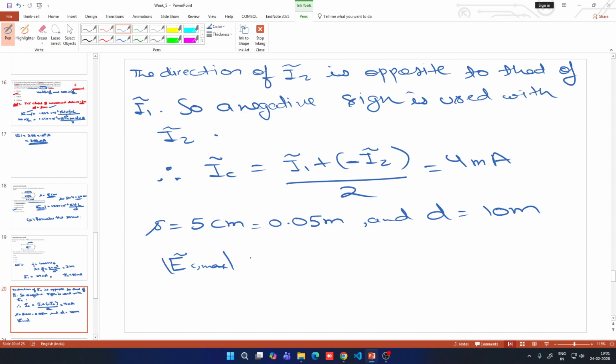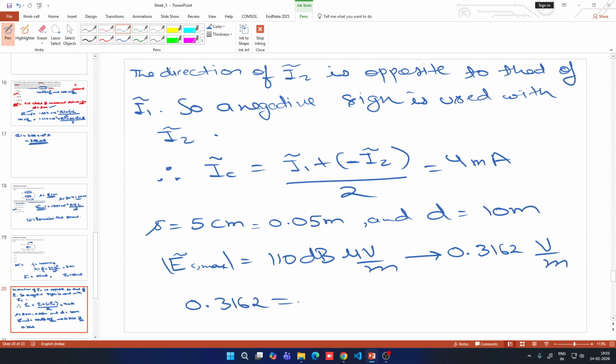EC max is given as 110 dB microvolt per meter. But the formula that we have derived is in volts per meter, so I will convert it into volt per meter, and it comes out to be 0.3162 volt per meter. Now I can directly use the formula for EC max that we have already used in the other problems, right? So EC max is 0.3162 is equals to